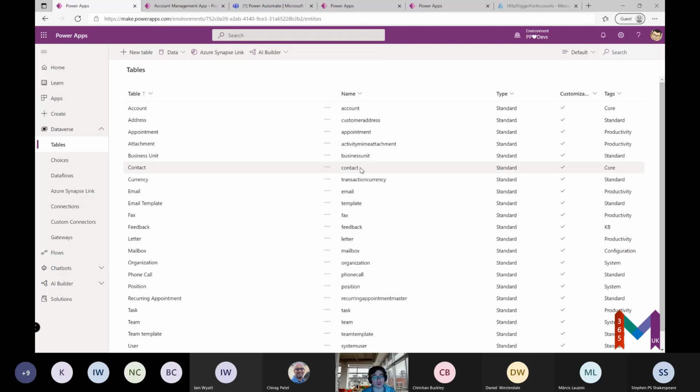Lots of different tables conform to the common data model, which is an initiative by Microsoft, SAP, and Adobe, all around standardizing the various business objects that we